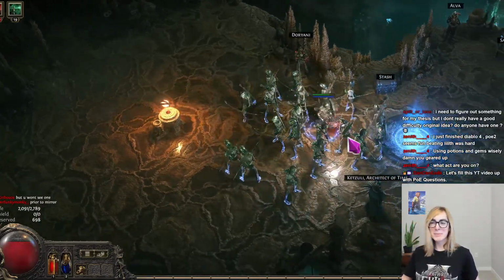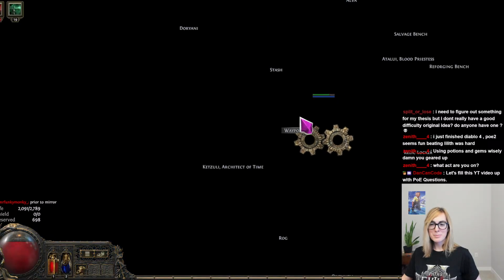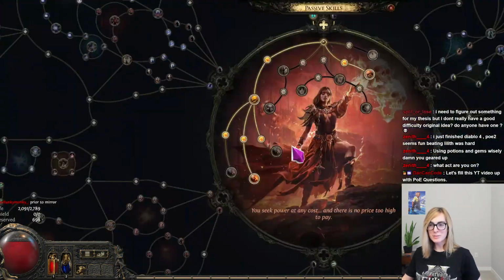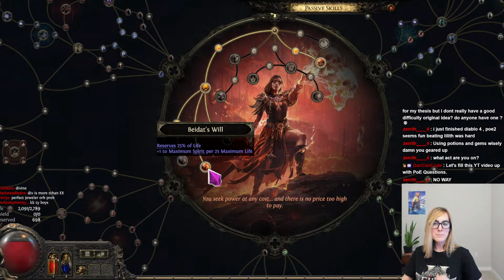What act am I on? I'm done with the campaign, right? I'm at the end game. I'm also getting near my full build. So recently I killed Zarok or whatever. This is something a lot of people are getting stuck on. So